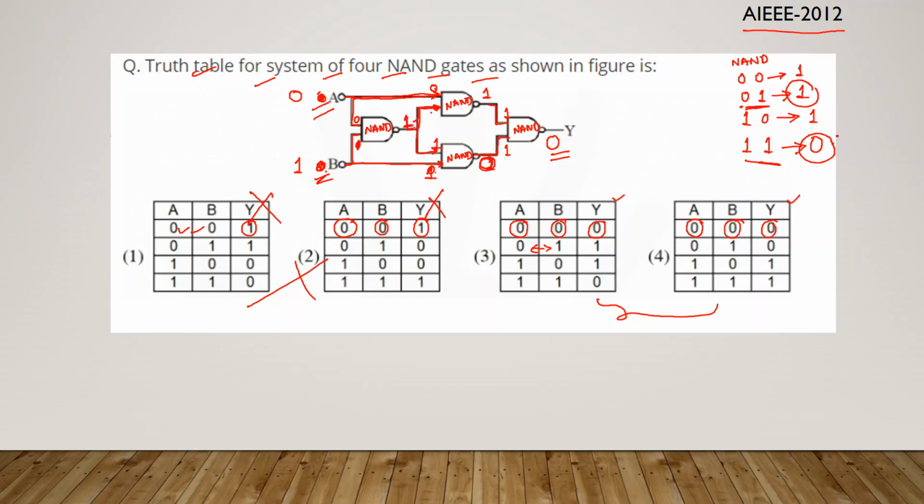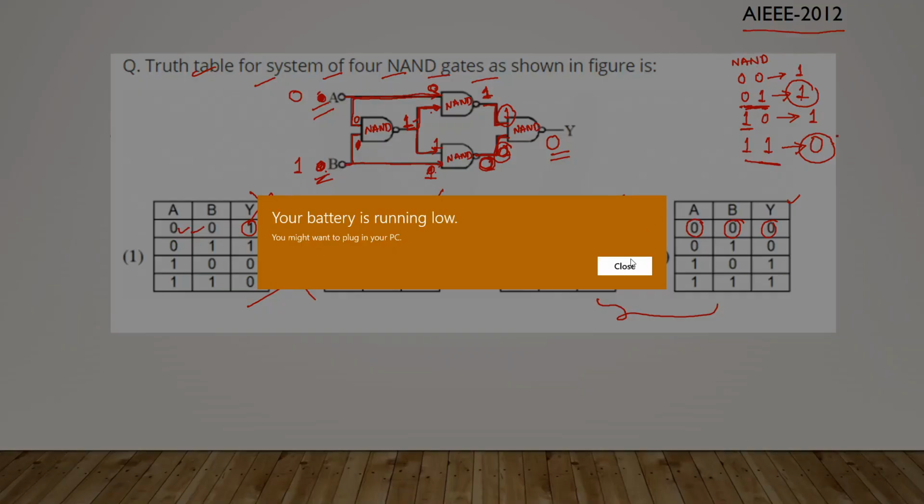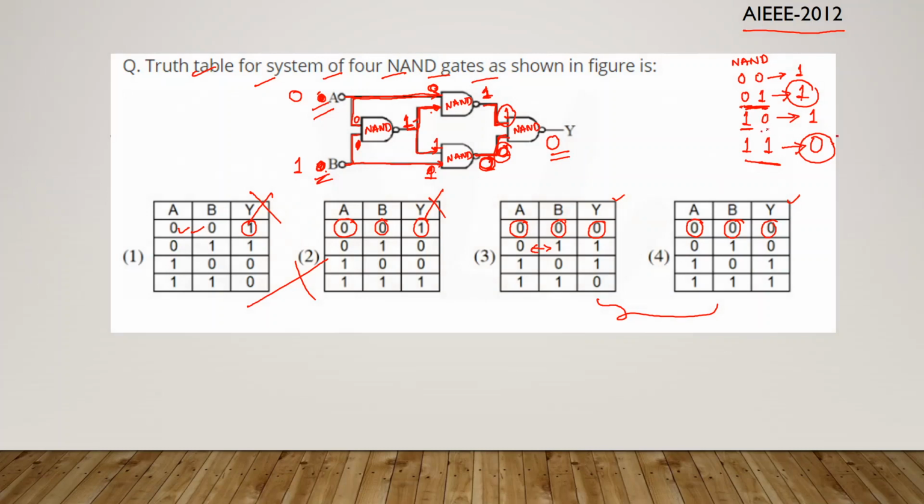Here what is the input? 1 is the input. What is the other input? 0 is the input. So whenever one input is 0, other input is 1, what will be the output? Again there will be the same output, it will be 1. Now this 1 is applied here. Now this 0 is applied here. Whenever input is 1, other input is 0, what will be the output? Here the output will be 1. So here now what we are getting? Here we are getting output as 1.